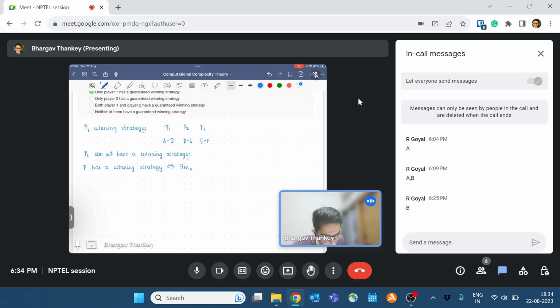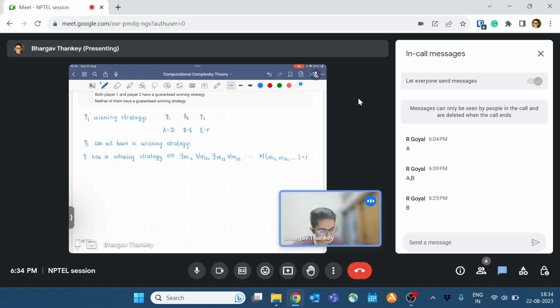So there exists a move for the first player such that for all first moves of the second player, there exists a second move of the first player for all second moves of the second player, and so on. M11, M12, and so on is fine. Okay, so over here,